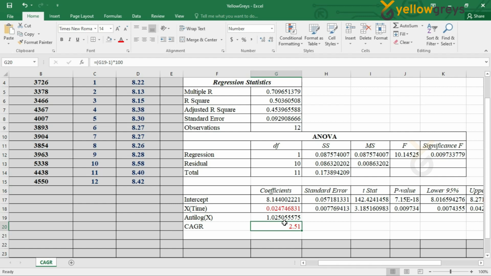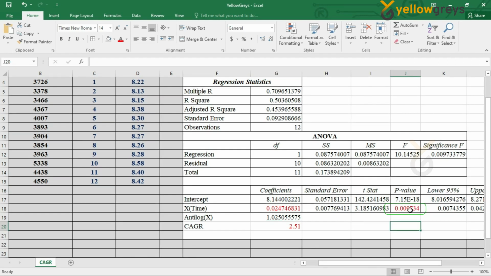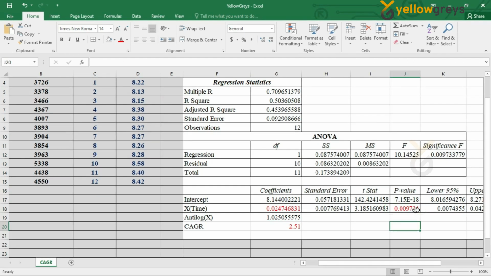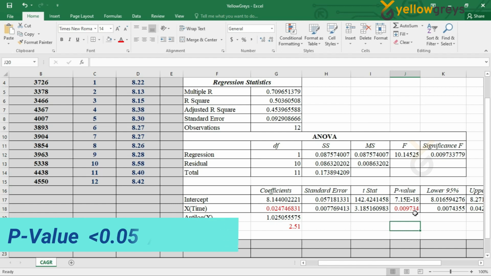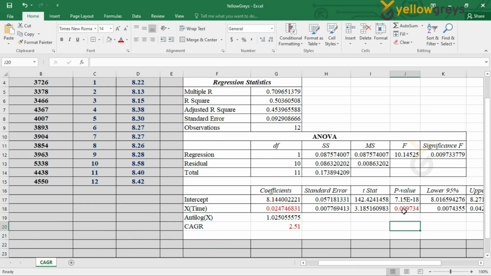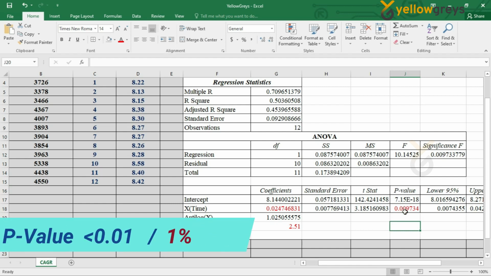And also one more thing, we have to represent whether the CAGR is significant or not at different levels of significance. In order to check the level of significance, we will use the P value. If the P value is less than 0.05, then it is significant at 5% level. If it is less than 0.01, then it is significant at 1%.